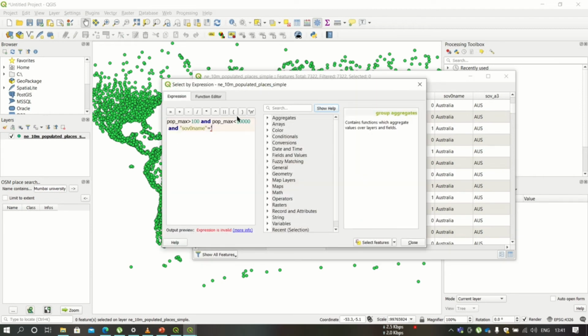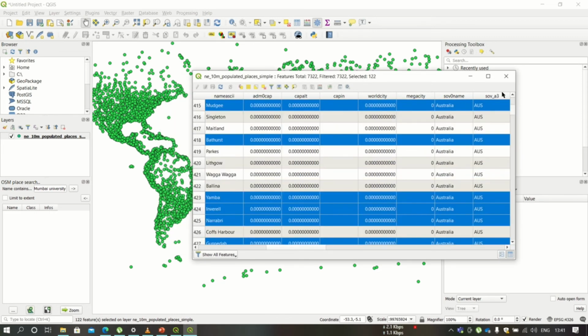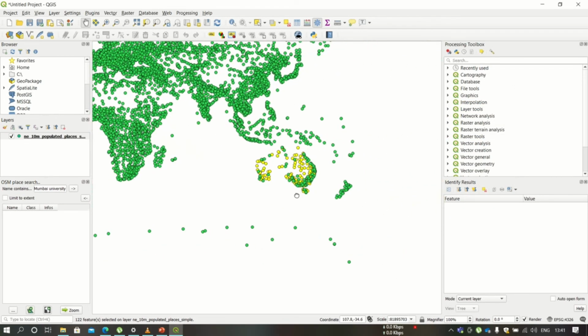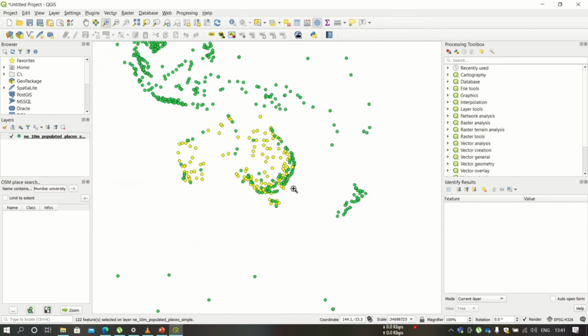Now instead of Brazil, I'm using Australia as the country name, and now you can see that all these values or rows with the name Australia whose population is in between 100 and 10,000 will get highlighted. So in attribute table, rows are getting highlighted, and in layer the points will get highlighted.